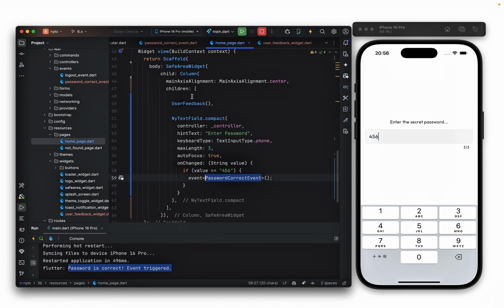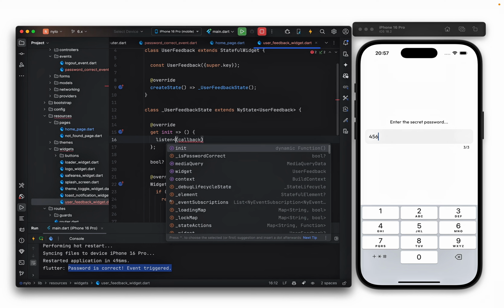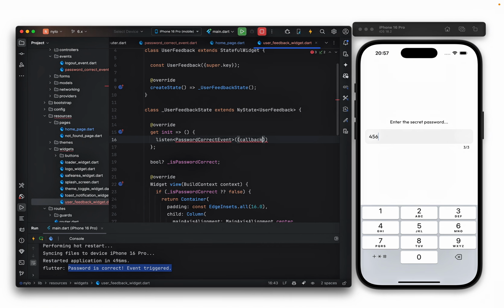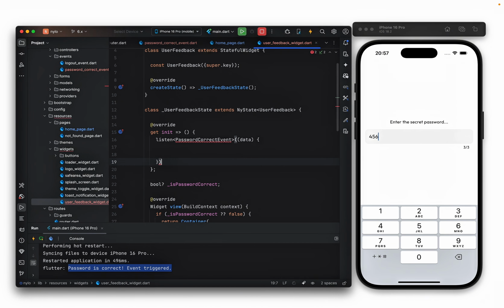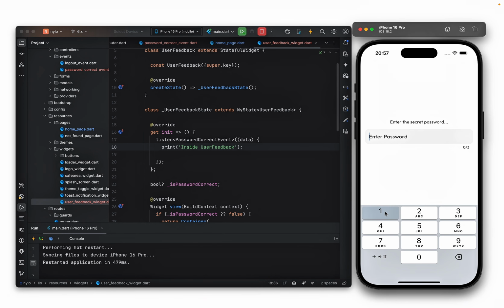So now this is more about the cool part. Let's take this event now and go to our user feedback widget. Inside here on the init, we can now use the new listen function, and this is how you can use it. It accepts a callback, which is going to be your data, and then obviously just import that class like so. And now let's just listen, like trigger inside user feedback. Yeah, just leave it as that for now. So let's try that again one more time and see what happens. So you can see here the event isn't being triggered. Now if we set this to 456,